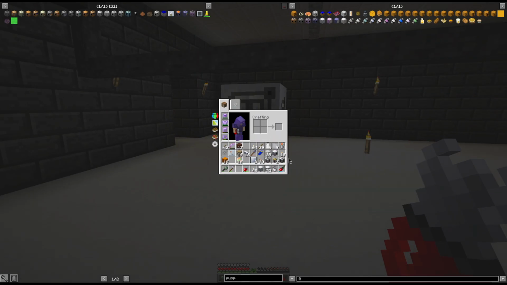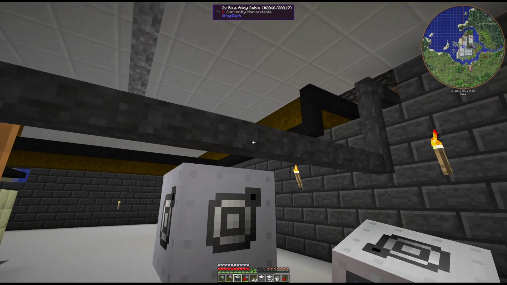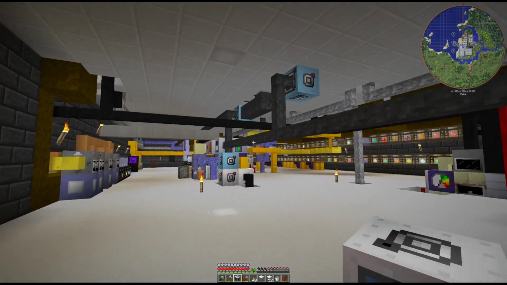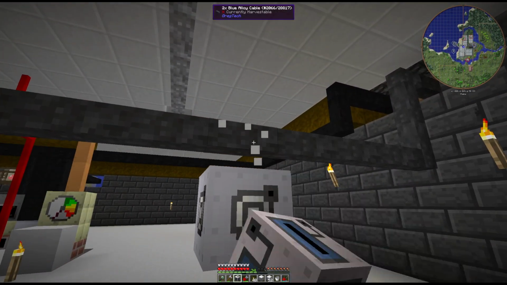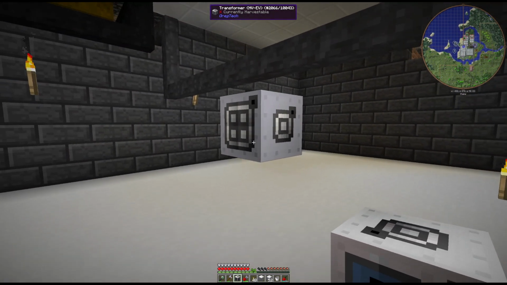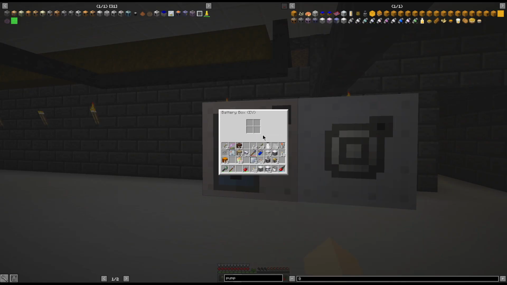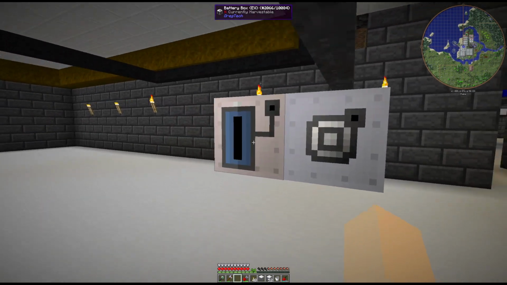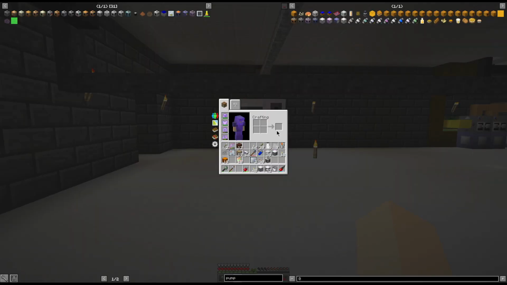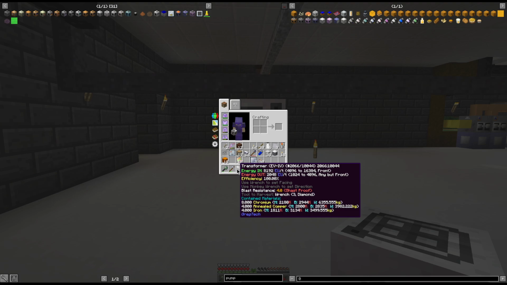And I will probably end up putting a shutter on here, that if that battery box is low on power, then this will open and allow this to do the powering. Eventually we will have a lot more EV battery boxes, but right now that's our main power. And then we need EV to IV,